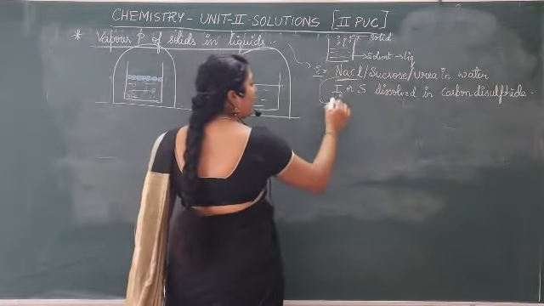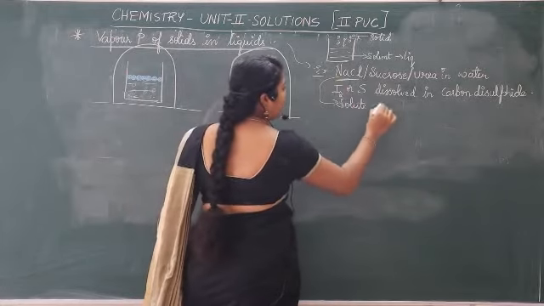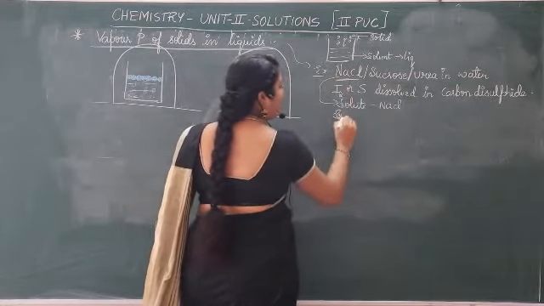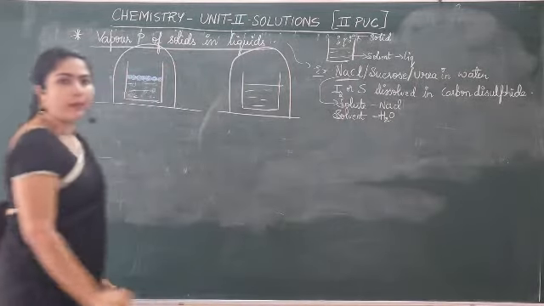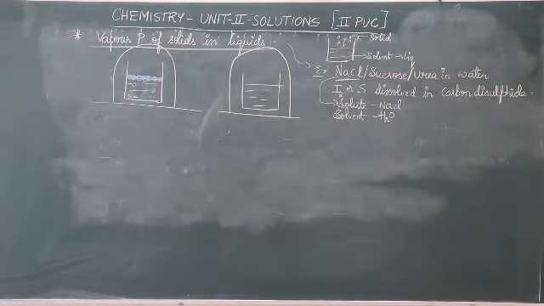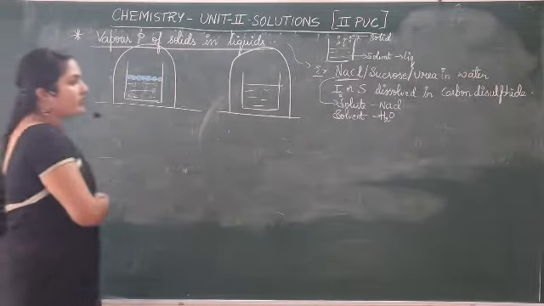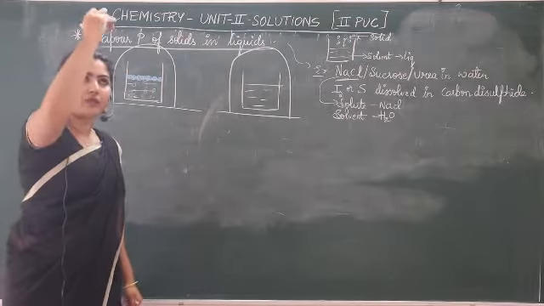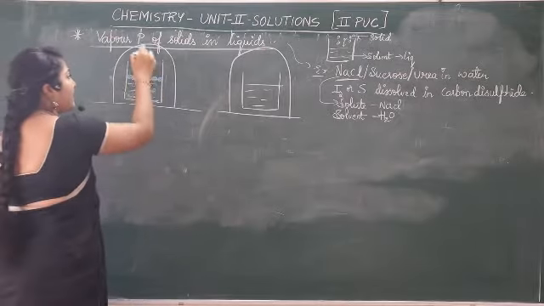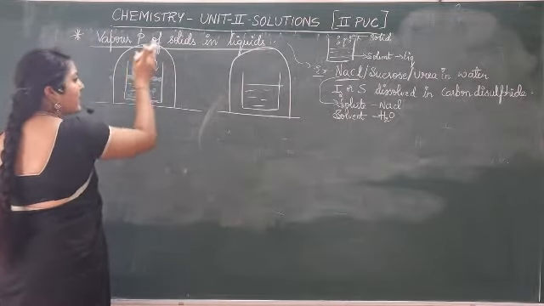I'll just mention solute and solvent, so you need to understand what it is. What is the solute here? Solute is sodium chloride. Solvent is water. I'm just giving you an example. Now you see what happens to the vapor phase. The pressure exerted by the vapor phase of the liquid. You know what a vapor phase is? At equilibrium, the pressure exerted by the vapors on the liquid phase, the pressure exerted by the vapors that have been formed.